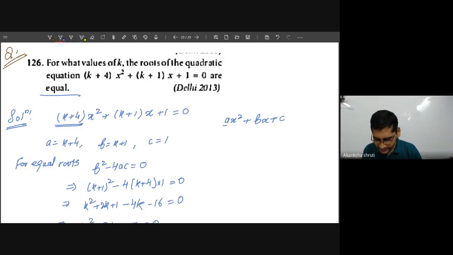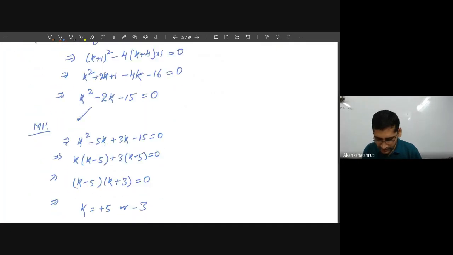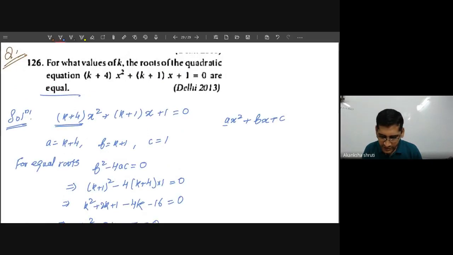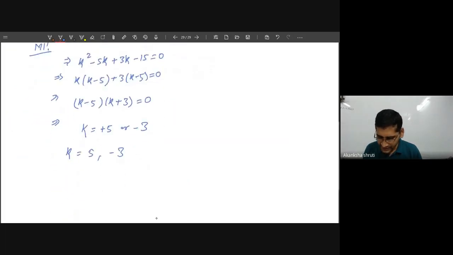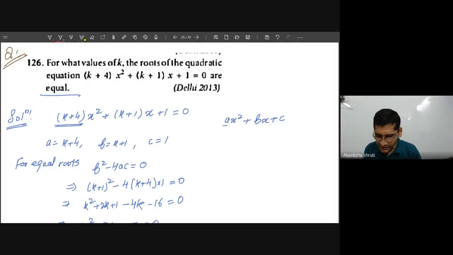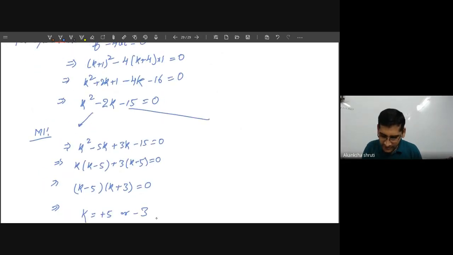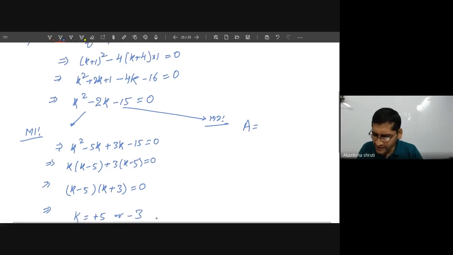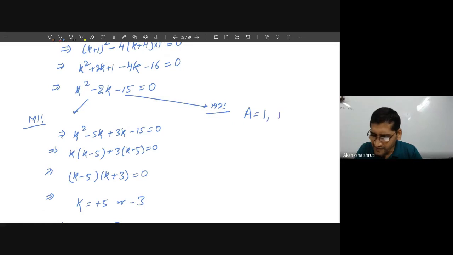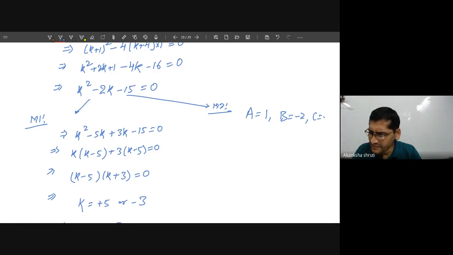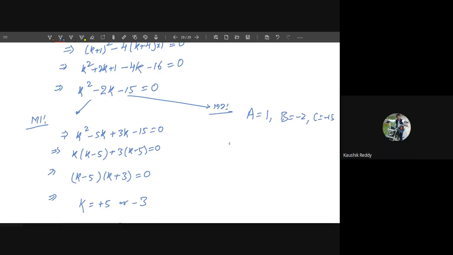While taking k = 5, you will get a quadratic equation. Even while taking −3, you will again get a quadratic equation, and you will get the roots in both cases equal. So both are acceptable. You can verify it. The other method of solving this is applying the formula. So a is 1, b is −2, and c is −15. Therefore,